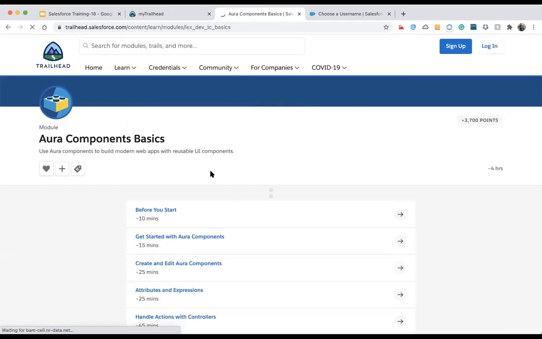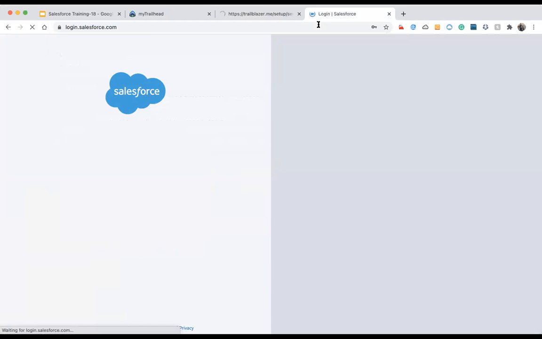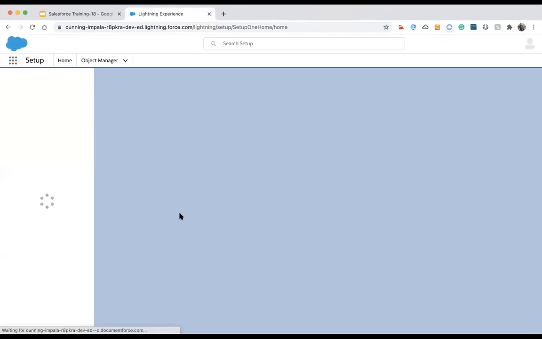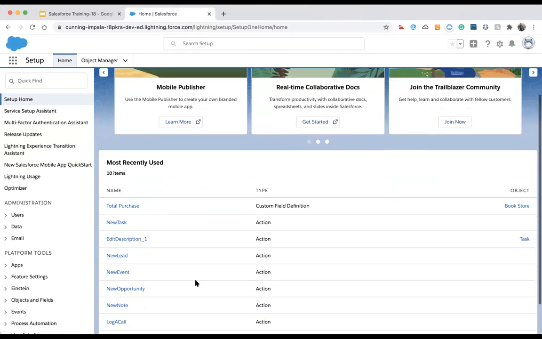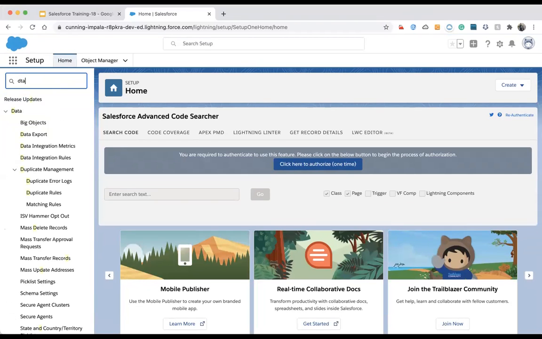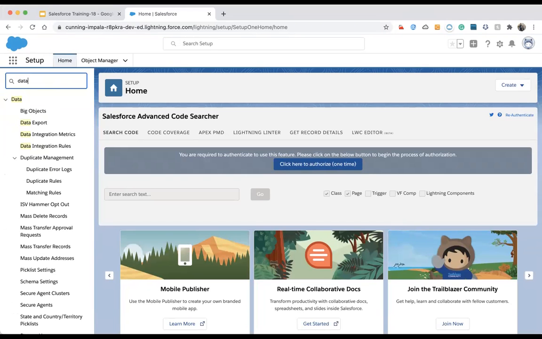So let me log into my org. First we will learn about the data export.